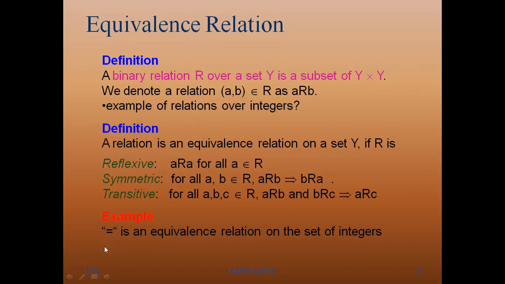For example, they have taken the equal relation, equality. So in place of R, if I put equal, what happens for the reflexive? A is equal to A. It is true. The next, I'm just taking two numbers. A is equal to B means then B is equal to A. Either A is equal to B or B is equal to A, both are true. Then next, I'm just going to take three numbers, three terms.